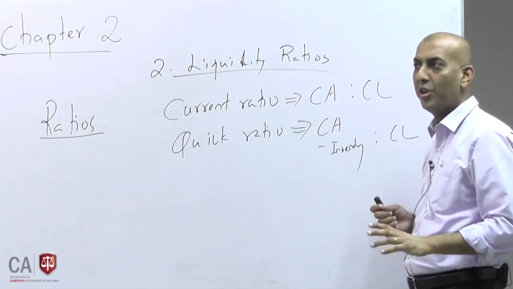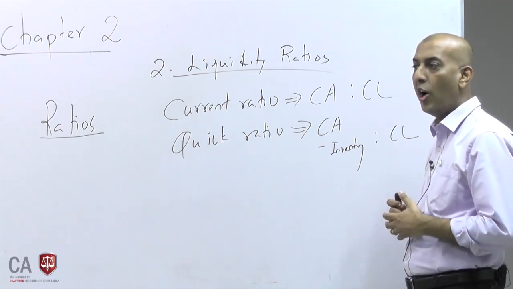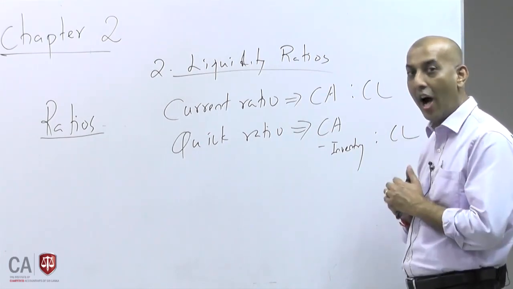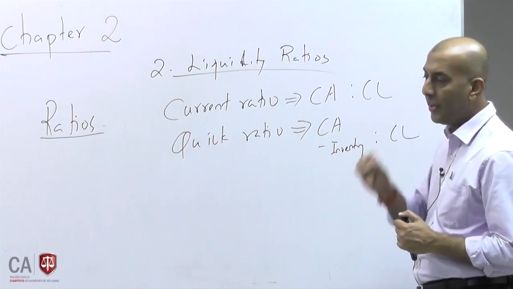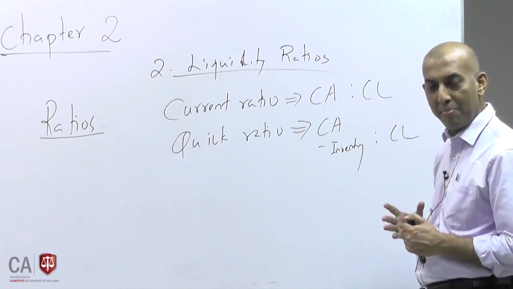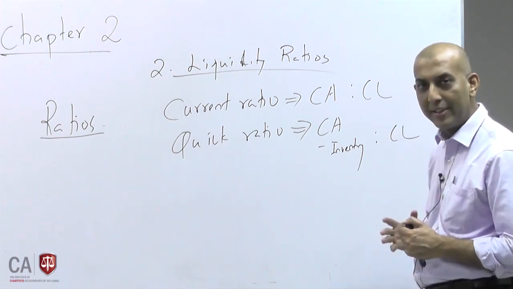So liquidity ratios are a very important thing, because they will tell you how far you can run, how far you can manage your company. Are you having a serious problem? Because you need to be very clear, even a loss-making company can survive for 3 years. But a company with a liquidity problem cannot survive for even 3 months.